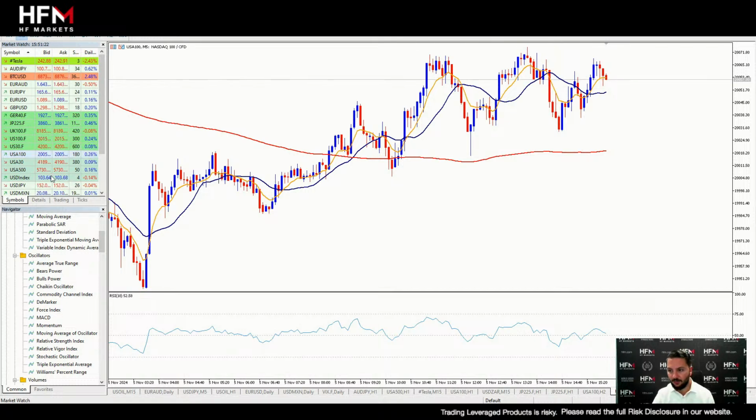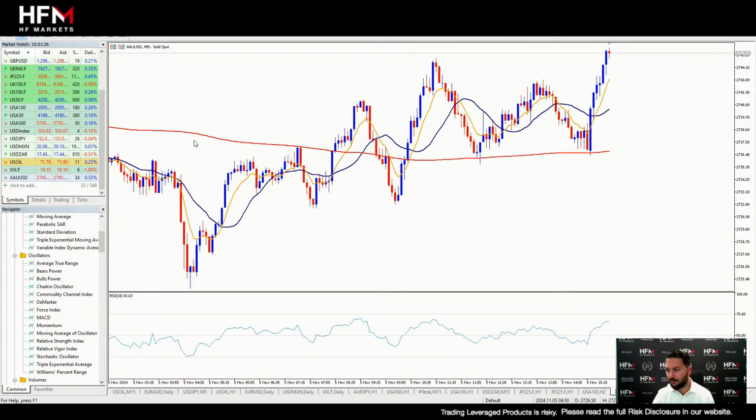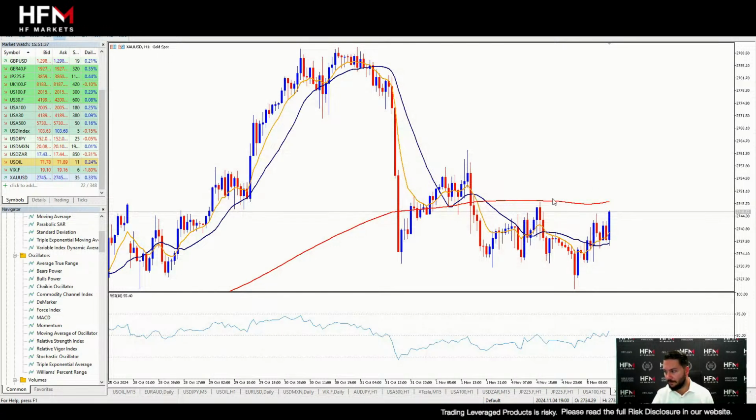Somebody also said gold. We'll look at gold as well. Gold, quite strong upward price movement. A lot of people will consider that as a buy, ladies and gentlemen. Is it an all-time high? Sorry, is it a weekly high? Not yet a weekly high.